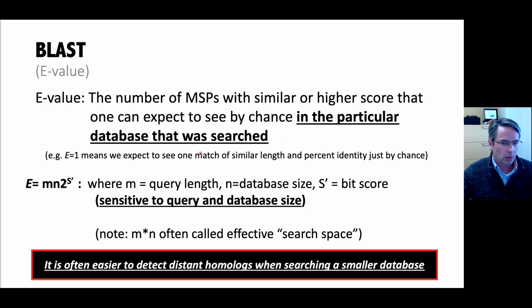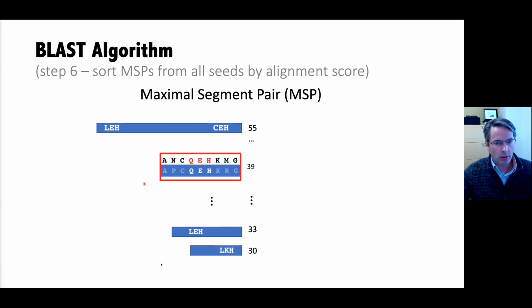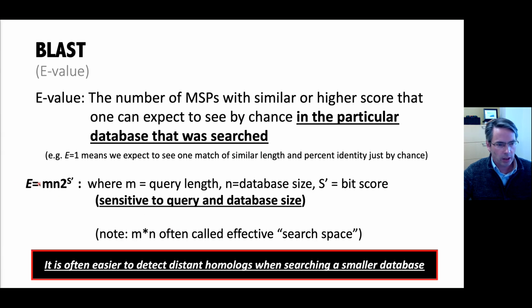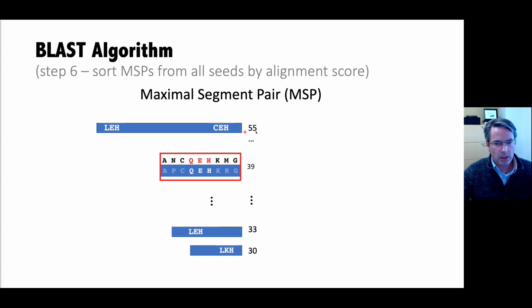So the simplest way maybe to understand that is by example. If you have an E value of 1, then you would expect to see at least one match that has a similar length and similar percent identity to that MSP just by chance. I haven't shown the calculation for the E value here, but for example, if this E value, actually,